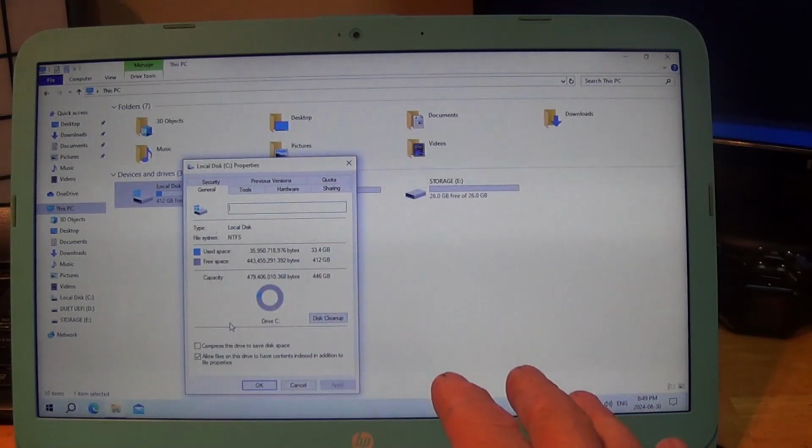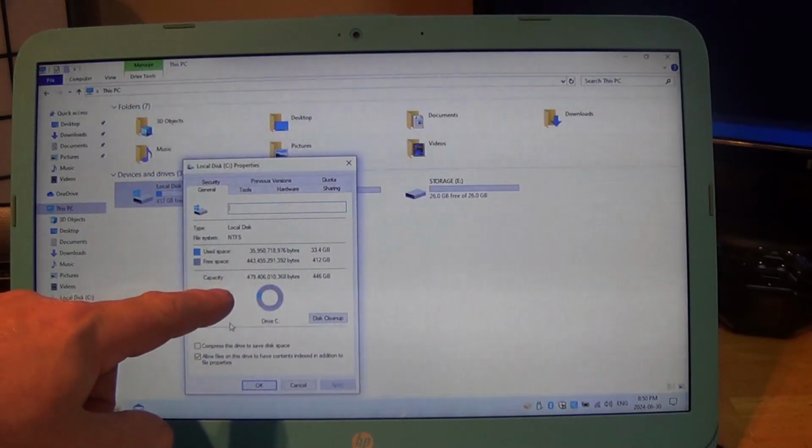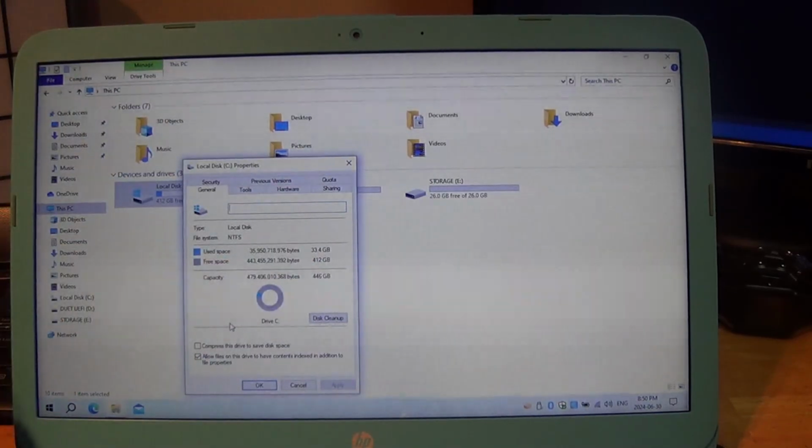You could not do this with the eMMC. I still have to do the updates on this. I haven't done them. That's going to blow it out of the water. But you have 412 gigabytes free now. Plus,